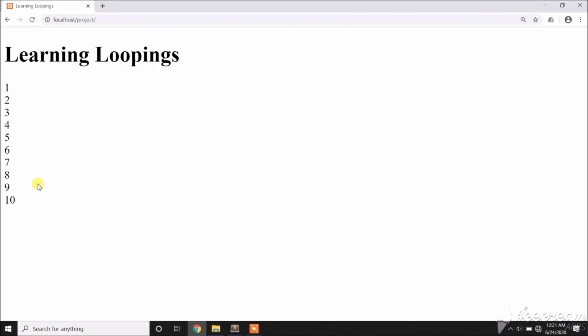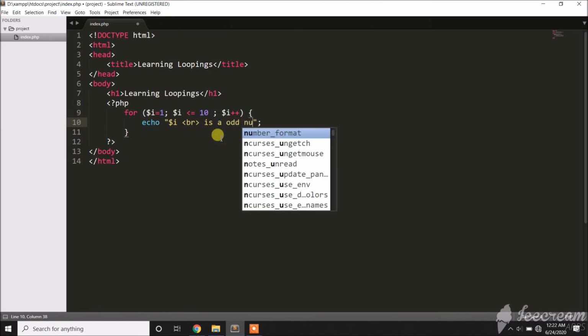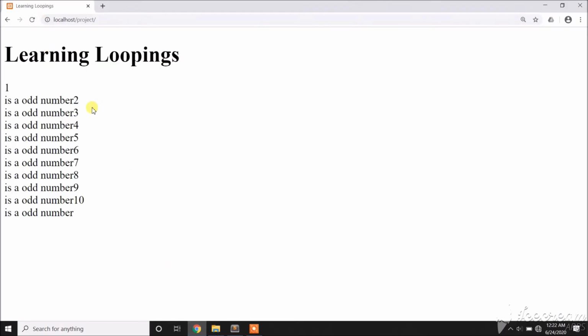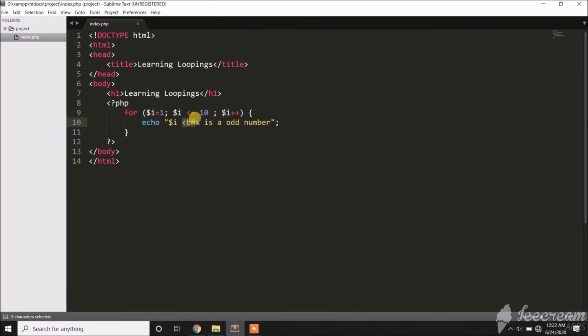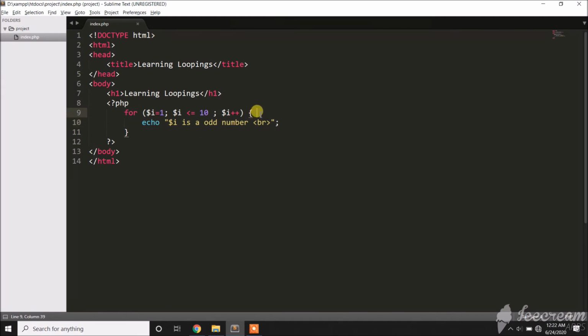Yun. So I already have the 1 to 10, the sequence of numbers. So all we need to do na lang is yung mga text. Yung is, sample is, sabihin natin ganun lang muna. Sample lang. Okay. So yun. Mali. Dapat to nandito. So once another numbers, okay, so all we need to do is to check if it is even or odd